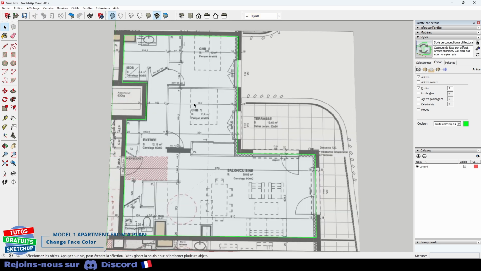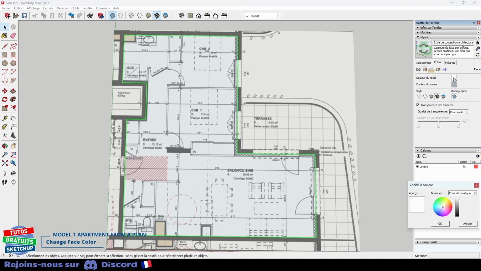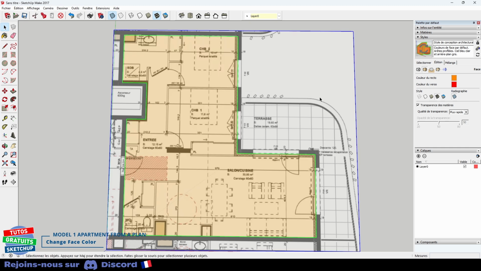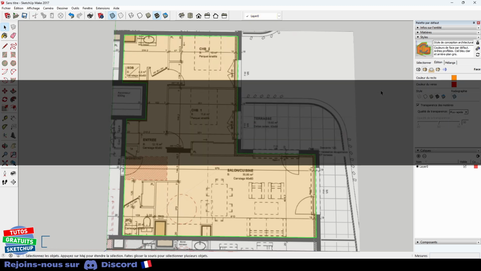I'm also going to change the color of my faces. I'm going back in Styles. This time, not in edges, but in face parameters. I give it a rather orange color when it's upside down, because there you see that it hasn't changed anything, which means that my face is certainly upside down. So the color of the back, I'm going to put it more in red. I validate. There we can clearly see that it is red. I right-click on it. I reverse the faces. It turned orange. That is to say that this time it is well oriented.